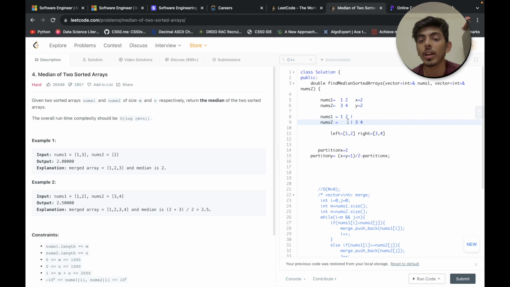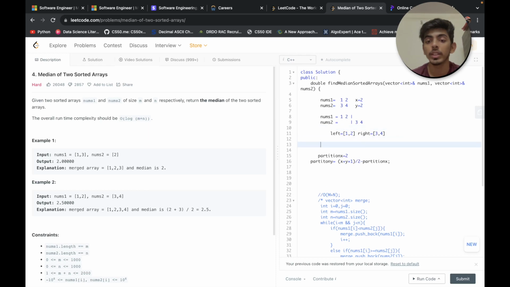Now after this, how will we return the median? For the median, the condition is that all the elements in the left are always lesser than all the elements present in the right.